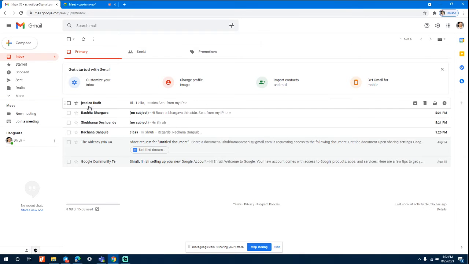Now let's suppose you want to star mark a mail or snooze a mail. Snooze a mail means, let's suppose there are many times we have to give email IDs to many accounts, or if you are using a new app, you keep getting mails and messages from them which you do not want. So you can snooze them all. So they go in sleep mode and they will not bother you.